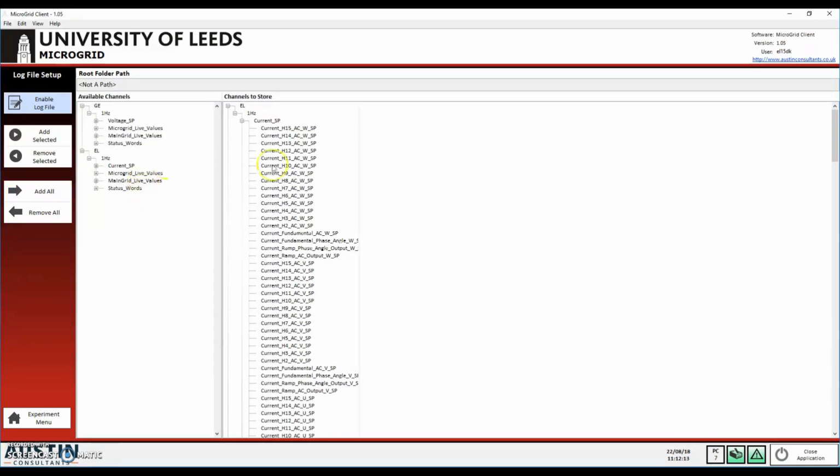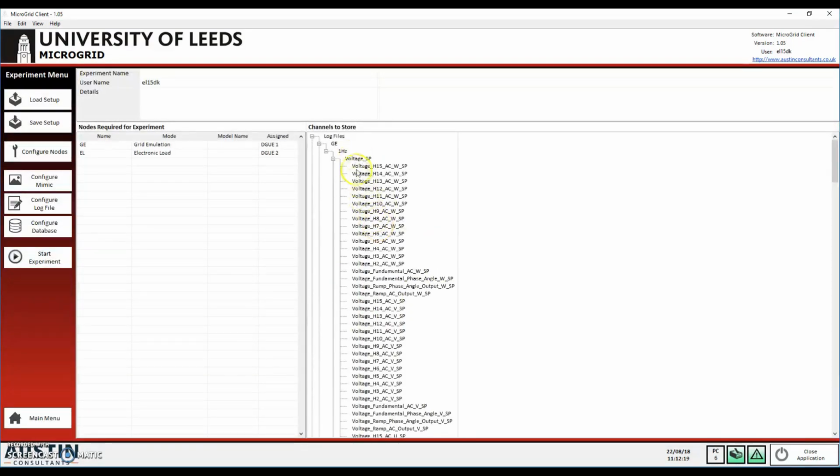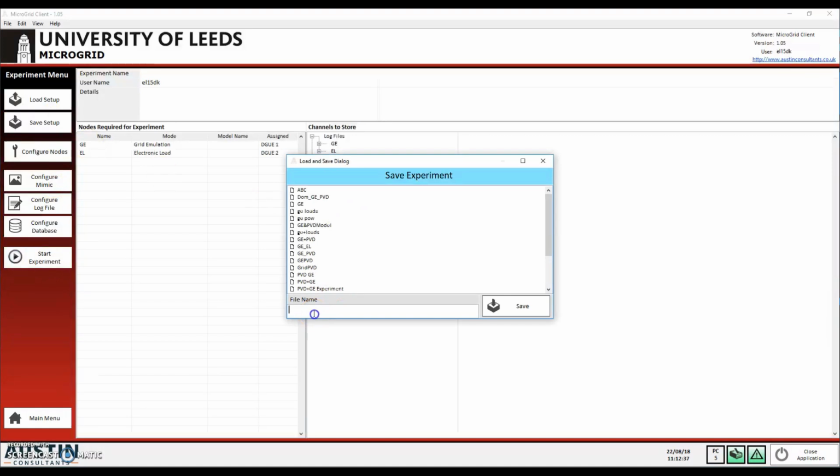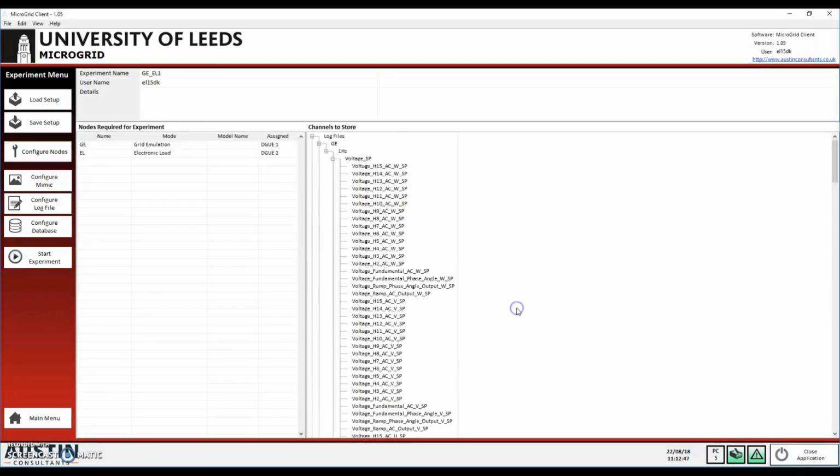Now I have my log file set up, so I can click going back to the experiment menu, and then you can see this channels to store window is now occupied, showing that I can produce a log file from this experiment. So I'm now going to click Start Experiment, but before I click Start Experiment, I'm going to save the setup and give it a name. So I'll call it GE_EL1. I'll save that, and now click Start Experiment,